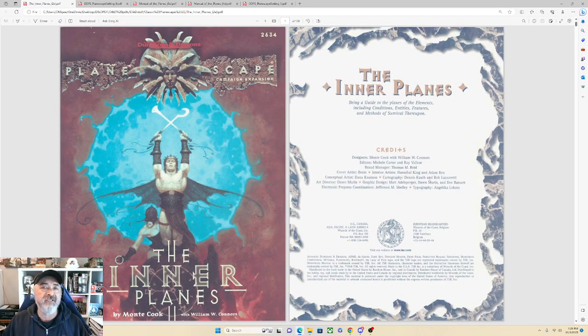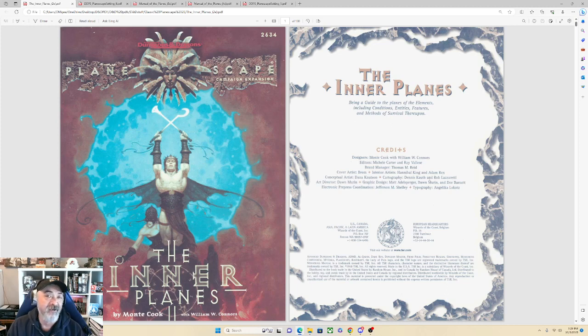If you really want to invest in the inner planes, if you want to take your party in, have them deal with their patrons in the City of Brass, have them get trapped in the Elemental Plane of Air as they fall until they can fly up to the Djinn's castle, whatever you want to do. If you're playing Princes of the Apocalypse in 5th edition and you want to extend the elemental nodes further, this is a great source. The Inner Planes by Monty Cook is an excellent source for not just the 4 primes, but the other 12